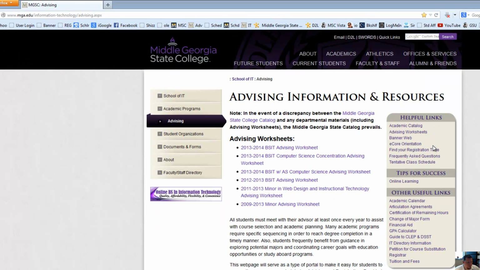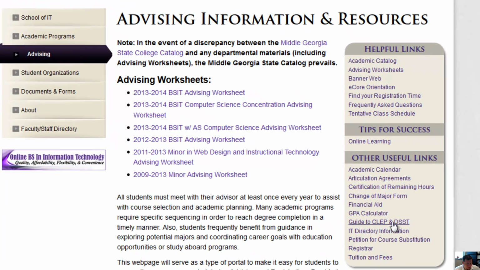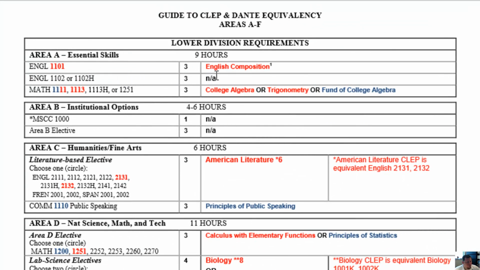Here on the advising webpage, it's at nga.edu/information-technology/advising. We have the guide to CLEP and DSST, or Dante's, and you can see a list of courses that